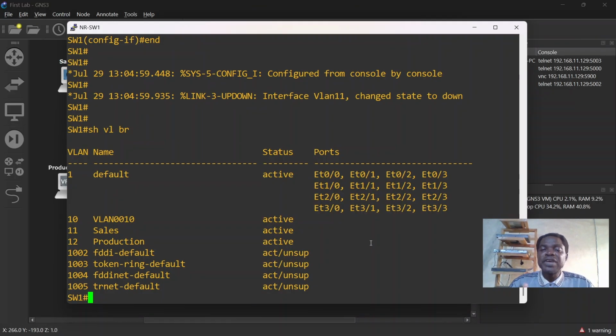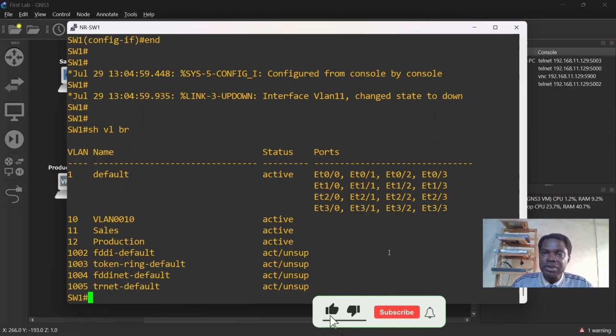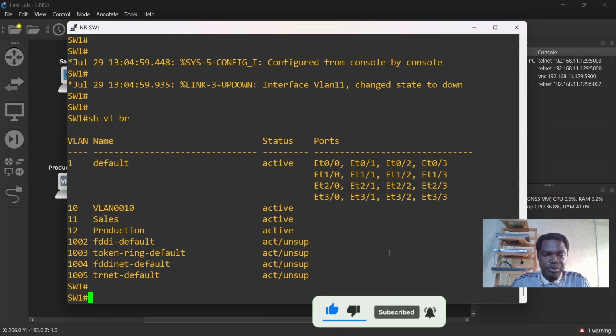So if you skip the verification steps, what you are just doing as a network engineer is you are guessing. You have to make sure you verify your connectivity. That way, you are not guessing, because that is what will help you in the real world, in an enterprise environment. So here we can see our issue.